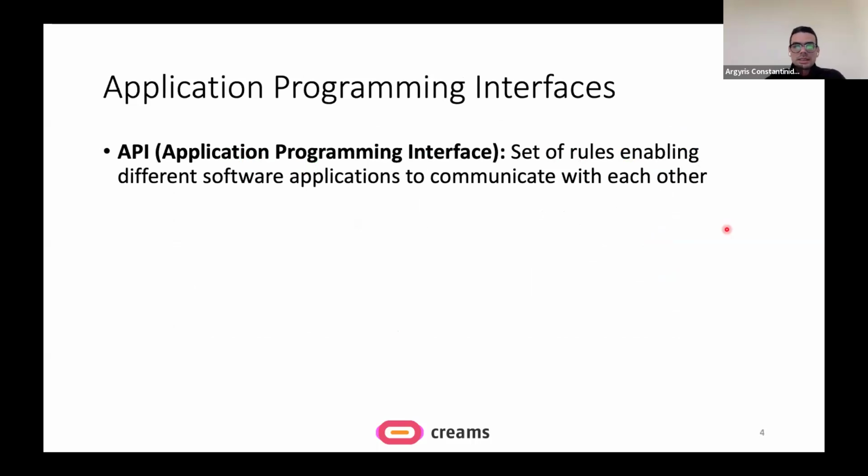Now, I will guide you through the architecture style that we use for the software development. The backend of the system is implemented as a web server API, where API in the world of software development refers to application programming interface, and basically includes a set of rules that allows different types of software to communicate with each other and exchange data.